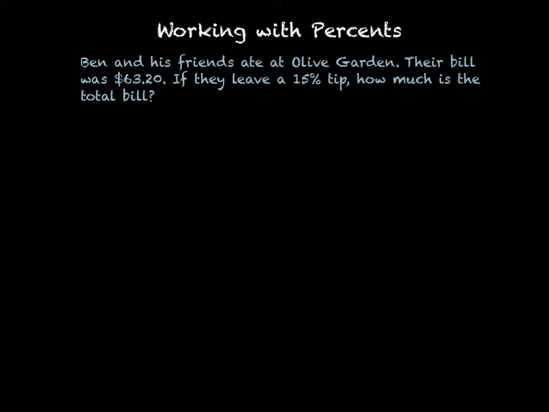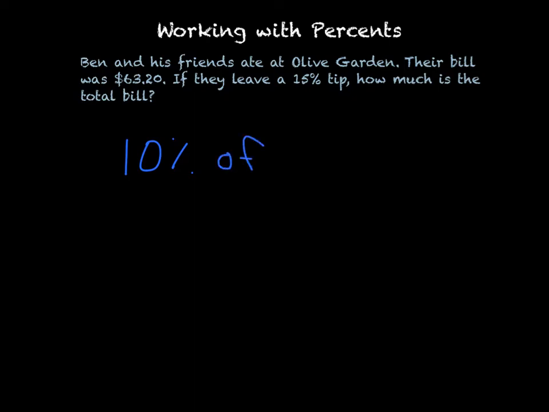We have a problem here. Ben and his friends ate at Olive Garden. Their bill was $63.20. If they leave a 15% tip, how much is their total bill? So we are finding 15% of $63.20. One way that I like to do it, maybe my favorite way, is to estimate. And what I mean by that is I'm going to hold on to $63.20, but I'm going to find